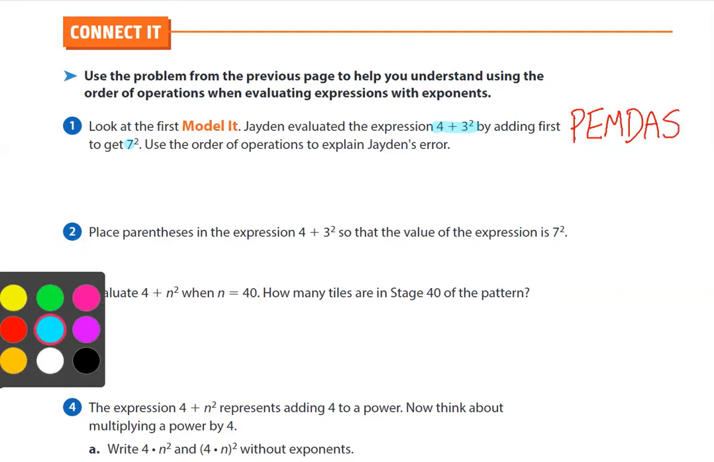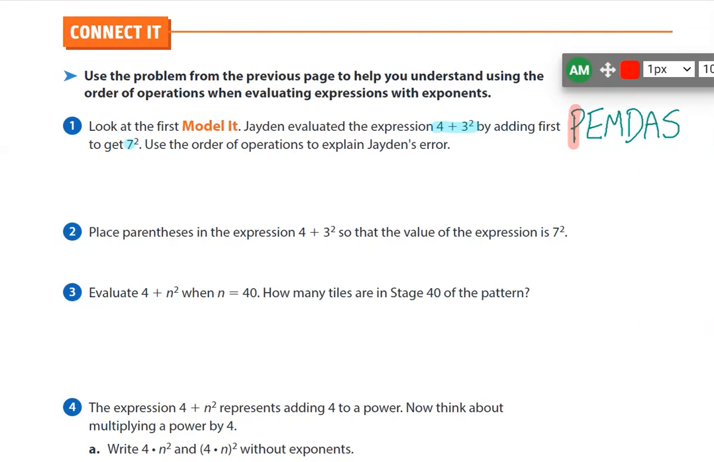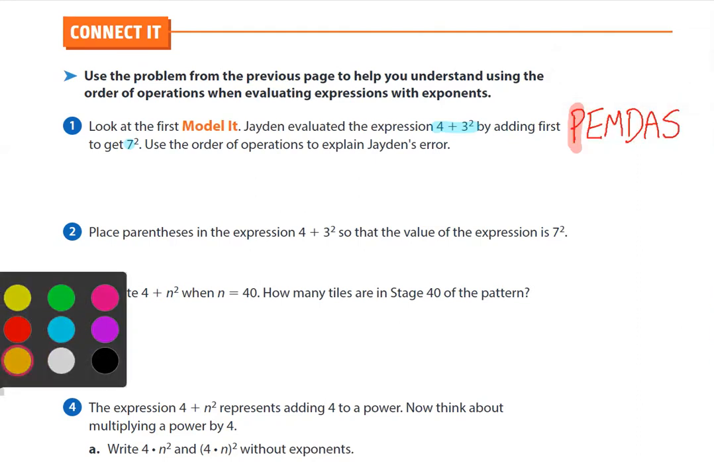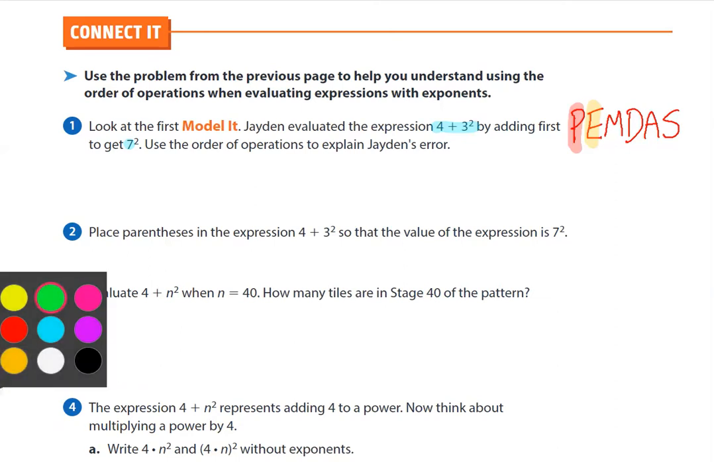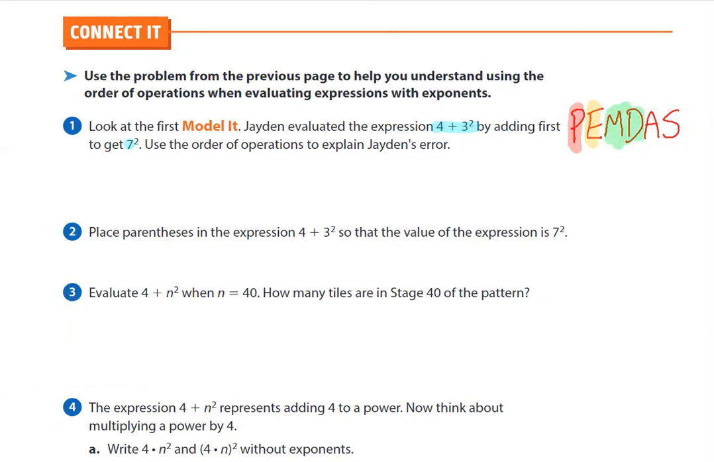Okay, and remember what PEMDAS stands for? The P stands for parentheses, E stands for exponents, MD stands for multiplication division. Those are inverse operations. They stay together. It's not multiplication then division, it's multiplication division. And same with addition, subtraction. Those are inverse operations. They stay together. So what Jaden did is he added first when he should have done the